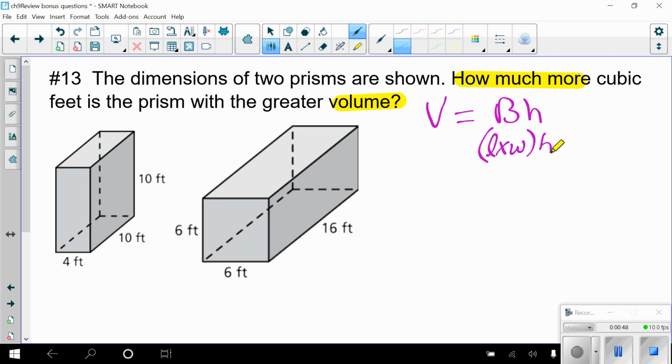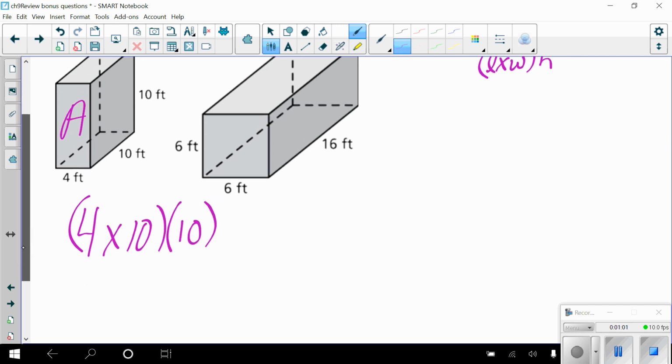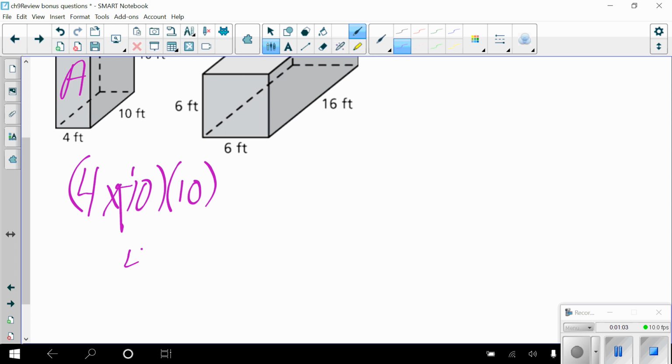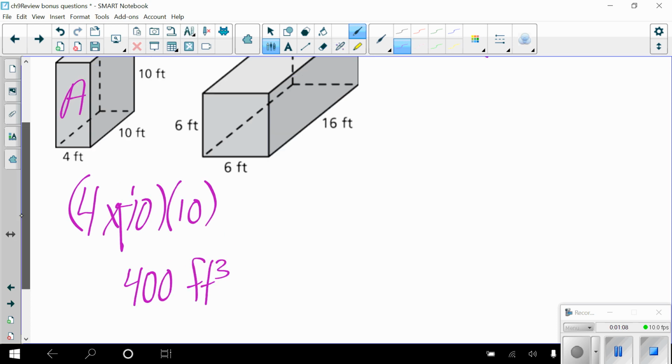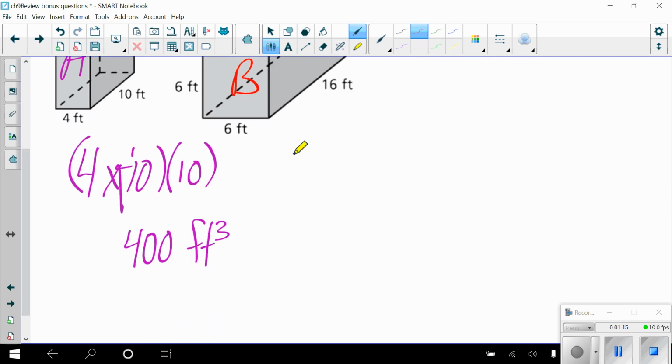All right, let's call this one Prism A. Prism A is going to be 4 times 10. That's the area of the base times 10. So Prism A is going to equal 400 feet cubed. Prism B is 6 times 6 times 16. 36 times 16 is